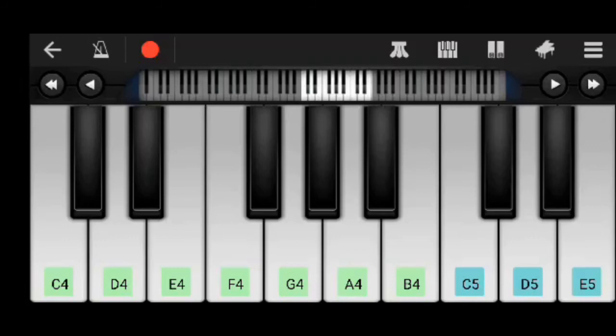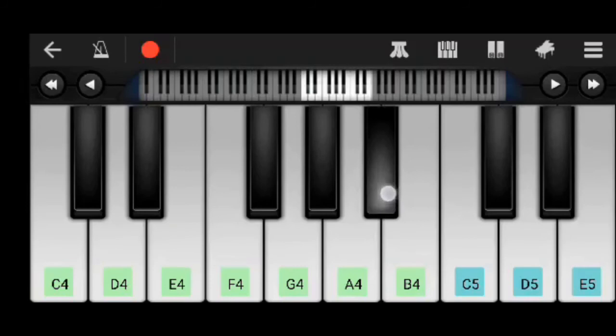So how about this one? Yes, this is an F sharp or a G flat. Next, this. Yes, this is a D sharp or an E flat.